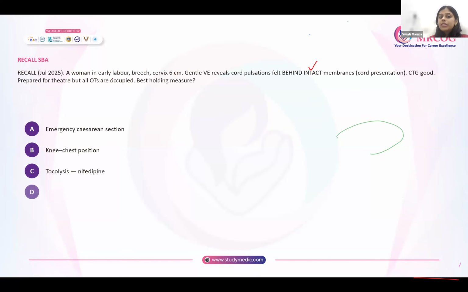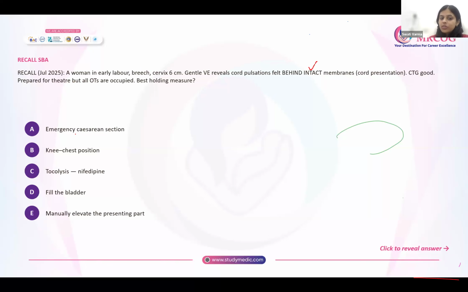Next, a woman in early labor, breech, cervix 6 centimeters. Gentle vaginal examination reveals cord pulsations felt behind intact membranes. That means she is breech with cord presentation in labor. CTG is good, prepared for theater, but all OTs are occupied. Best holding measure for now will be